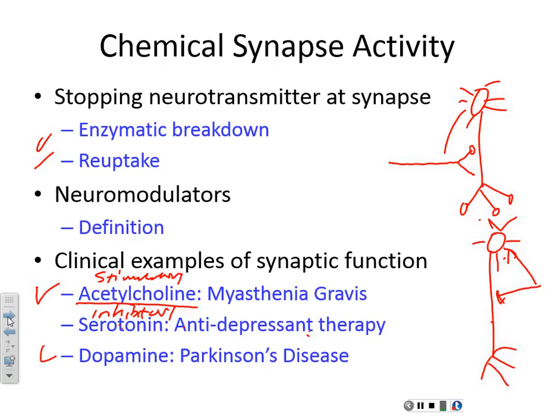And then dopamine, I said Parkinson's disease. The inhibitory nature of dopamine is what we are interested in for Parkinson's disease, because it cancels off unnecessary motor